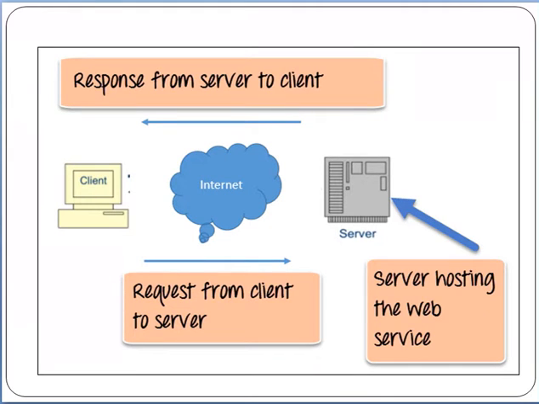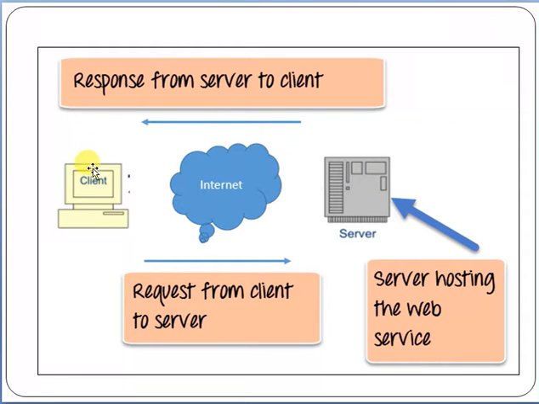Just see this diagram, friends. First of all, this is the client server architecture. This is the client, like a personal desktop machine, and this is the server, like any server machine on which we will host the web service. Now what will happen is you request from the client to the server. From this client machine, the request will go to this server. This is the server having the web service hosted here, and from the host, the response will go